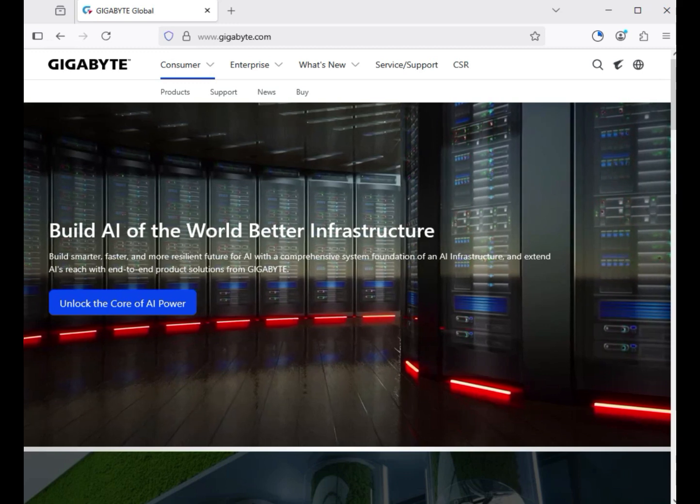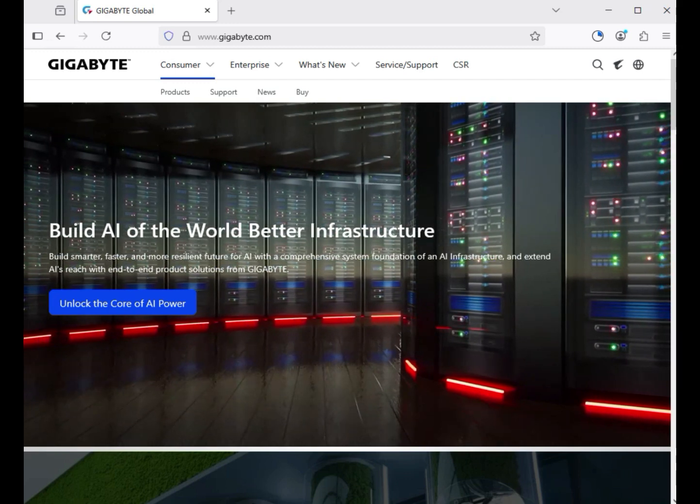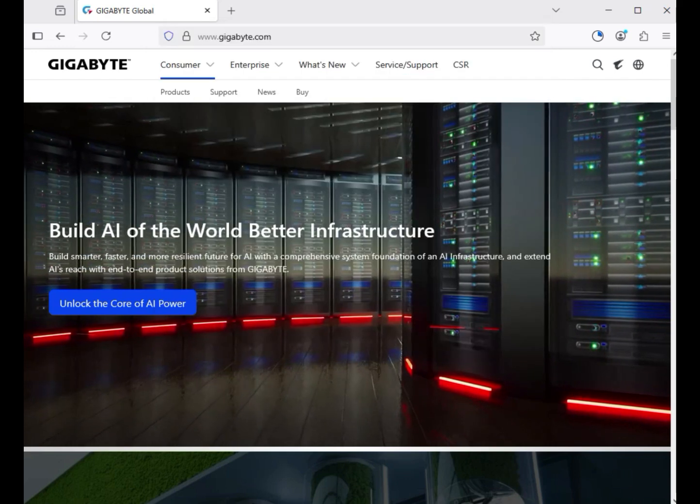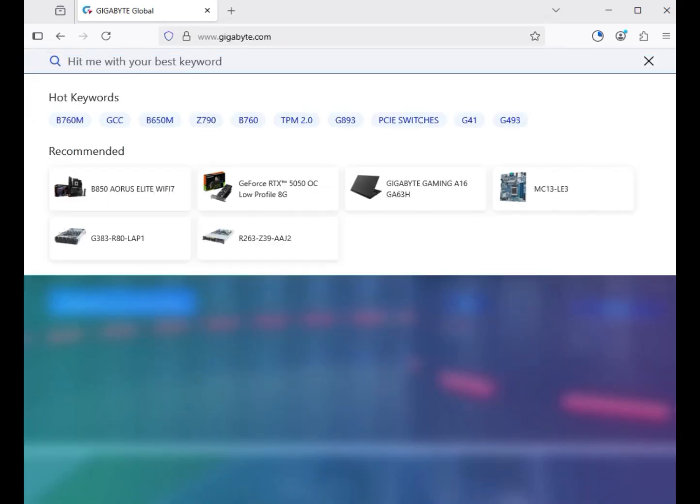So first you have to come on this site, www.gigabyte.com. This is the official website. After that you can see the search button. Just enter the model number of the motherboard and you can see